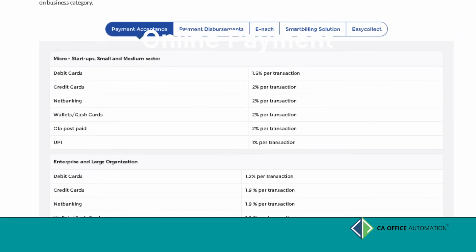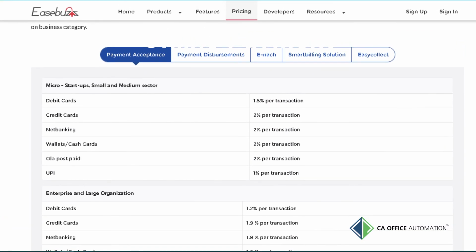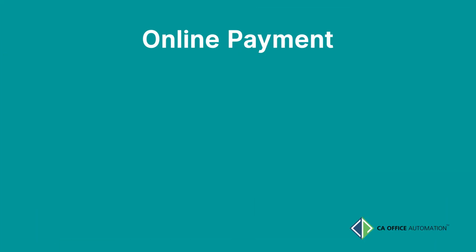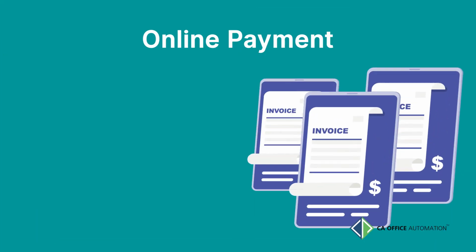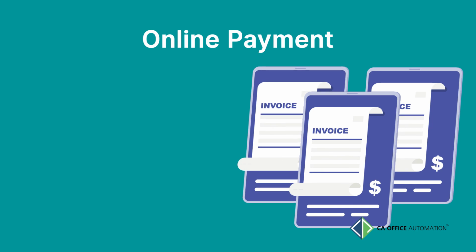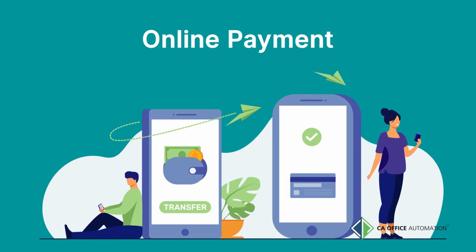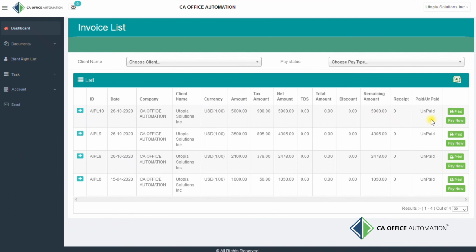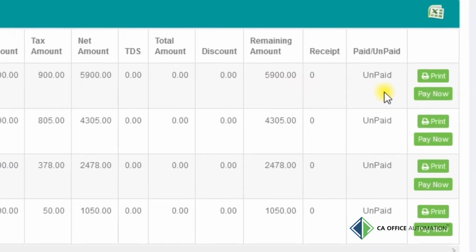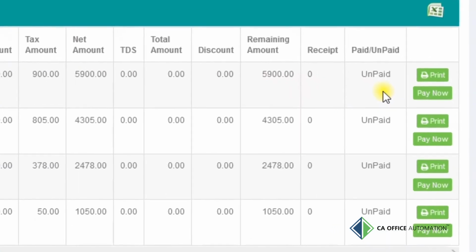All charges and terms would be as per the payment gateway service provider. Using this facility, your client can pay any of your invoice or invoices online. The amount would be transferred to your linked bank account after deduction of gateway service charges. All invoices have a Pay Online button, and from client login, from the invoice list page, the client can pay online.